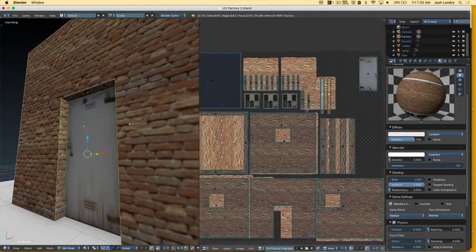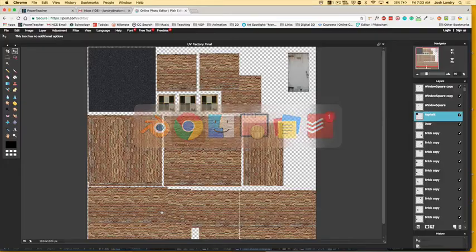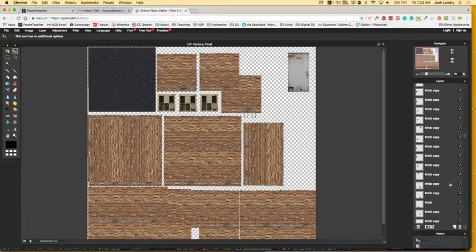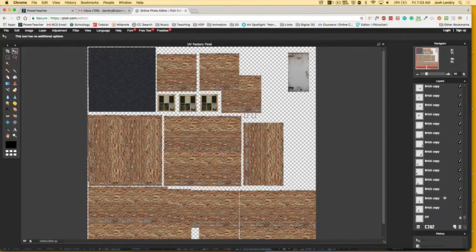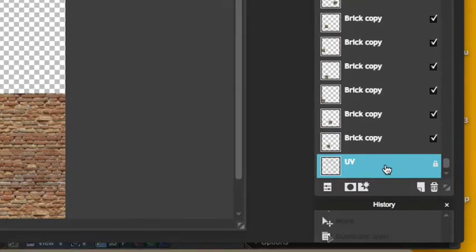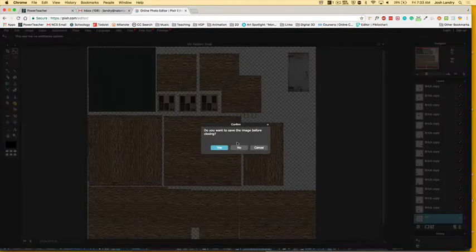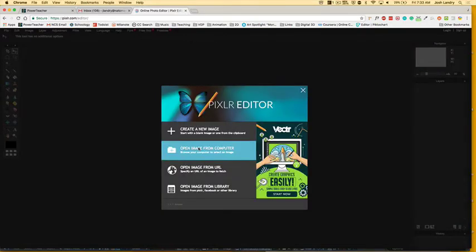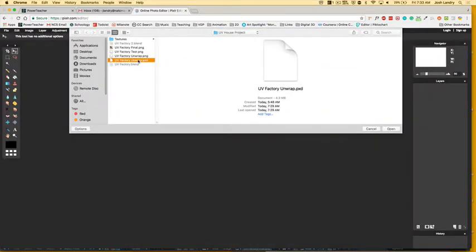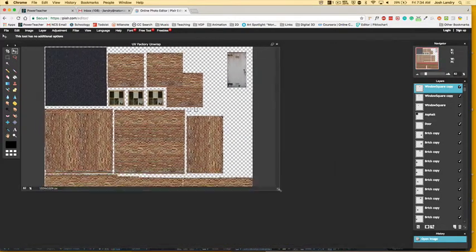So I'm going to fix that right now, just so if this ever happens to you, you guys can see how to fix that. So I'm going to go back to Chrome. And what I generally want to do, before you export this as your final PNG, is hide your UV layer. So you can see, let's see, this is my final. I'm going to reopen my PXD. There we go. Okay, so this is my PXD,